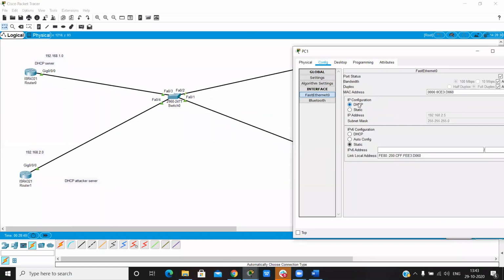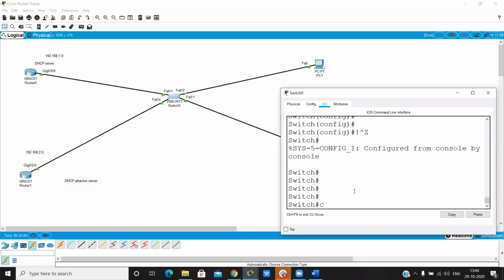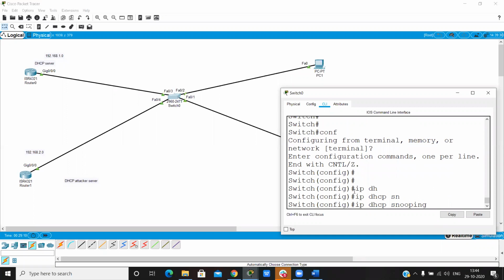Now you can check with show ip dhcp snooping.